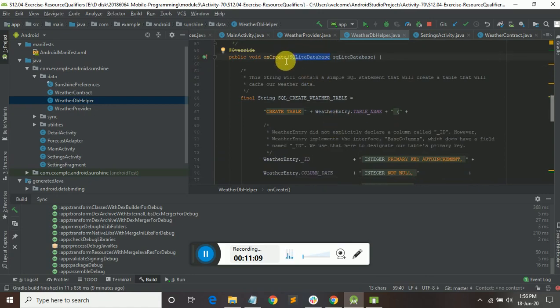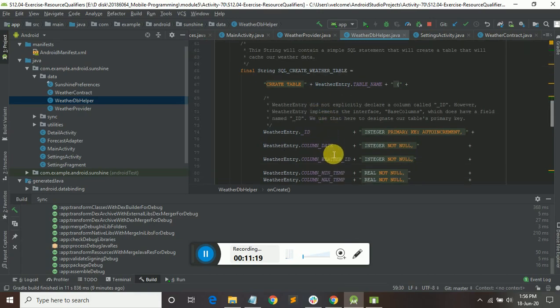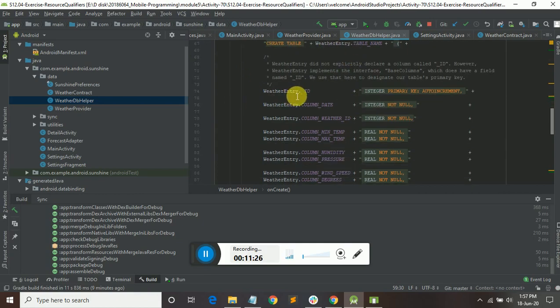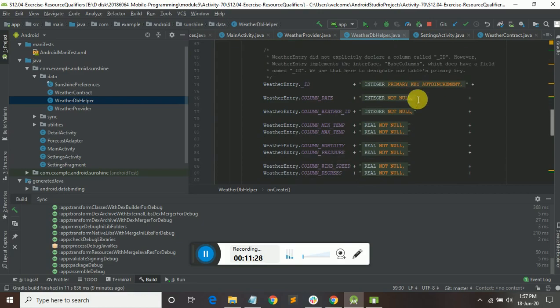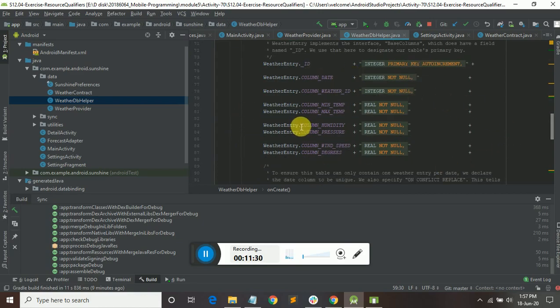And we give a method an int and some variable name, which is also a data type. We can say that name, class name, and everything we will append, and we will create a weather table here, with weather entry underscore id, which is a primary key, and everything we will create and store in that.